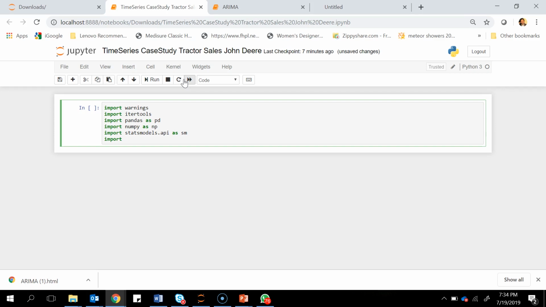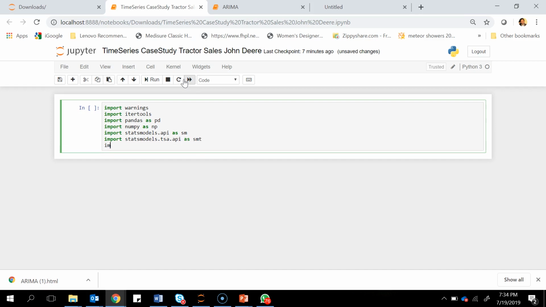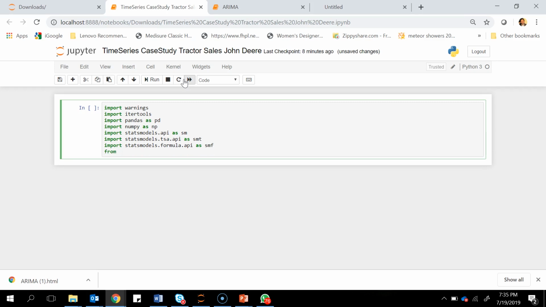We'll import statsmodels.tsa.api as smt. We'll import statsmodels.formula.api as smf. From io import StringIO.